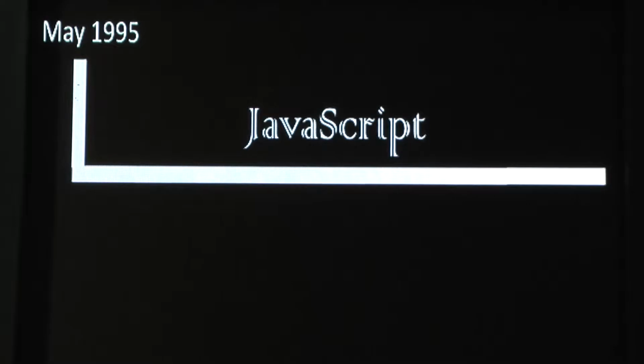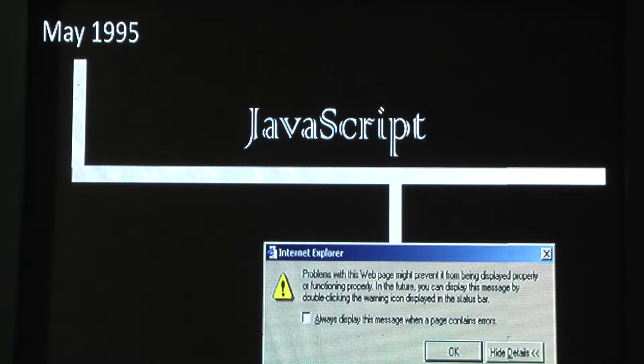Right from when, in May 1995, JavaScript was invented, the DevTool space has been interesting. When it all started, there was not a lot of DevTools. The errors were cryptic. It was hard to debug. As you guys say in Bangalore, Solpa adjust madi. That's exactly what the story was.